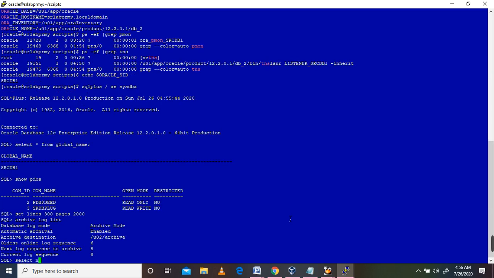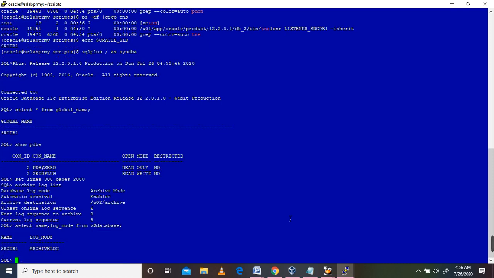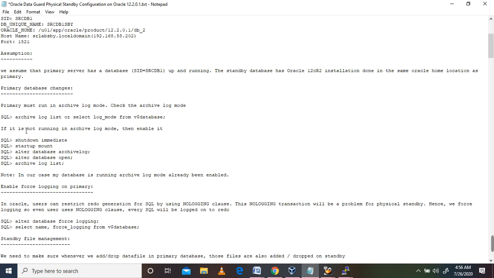You can check it with this method as well. If it is not enabled, it will show no archive log mode. In my environment I have already enabled archive log mode. If it is not running in archive log mode, then you have to shut down the database and start up in mount mode, then alter database archivelog, and then alter database open. Then archive log list will show that archive log mode is enabled.